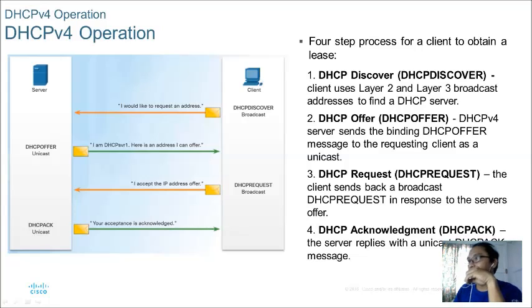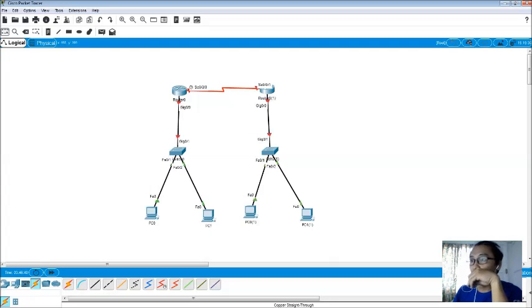Then afterwards, the DHCP request. The client sends back a broadcast DHCP request in response to the server's offer. So basically they are still communicating: hey, I want a DHCP, is there one there? If there is, it makes an offer. Because this is not the only server that you have. There are so many, so it depends on what kind of server responds. You will see later in the Packet Tracer that if this router here becomes the DHCP server, it will give out IP addresses here and here. So therefore there are two networks present here. Okay, sige. So going back,